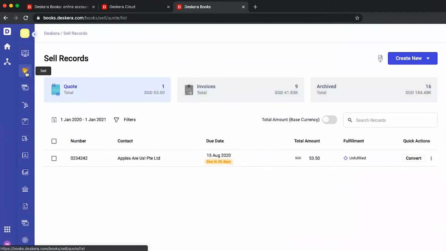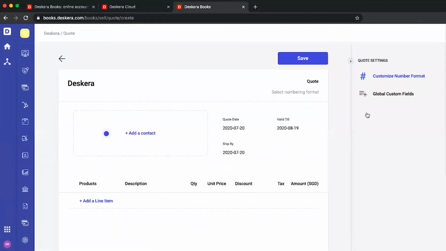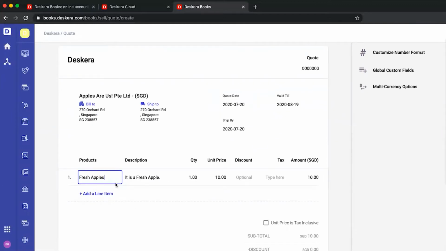Next, let's go to sell. In sell, you have your quote, invoices, and archived, number, contact, due date, total amount, fulfillment, and quick action. Under create new, you can create a new quote or a new invoice. Let's click new quote. I can select my contact, select my line item, hover over the quantity to see the